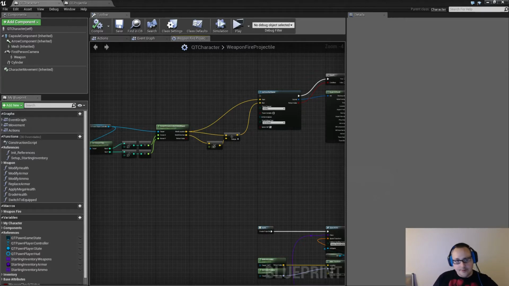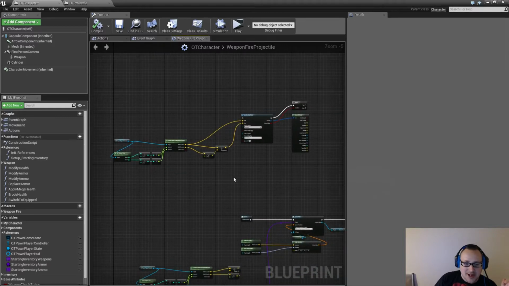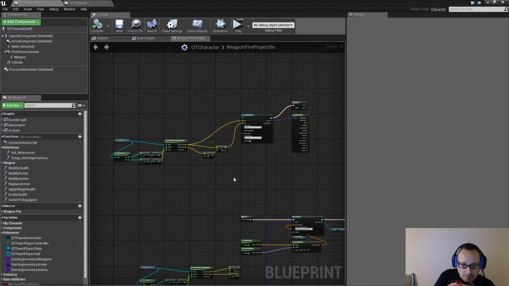Alright, so the latest installment of QuakeTemplate. I've run into kind of a snag and I kind of want to rant for a second. It's not really a snag because there are workarounds. The problem that I'm having with this, though, is that it just makes me upset, and I'm going to explain why. But before I explain why, let me at least explain the problem. It's a problem that